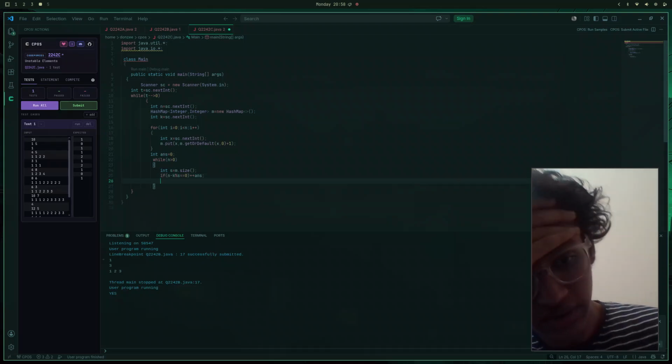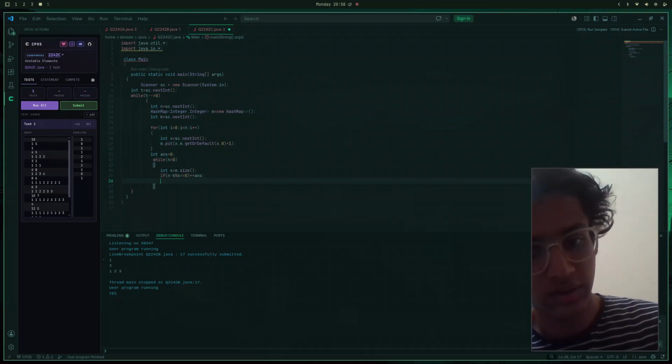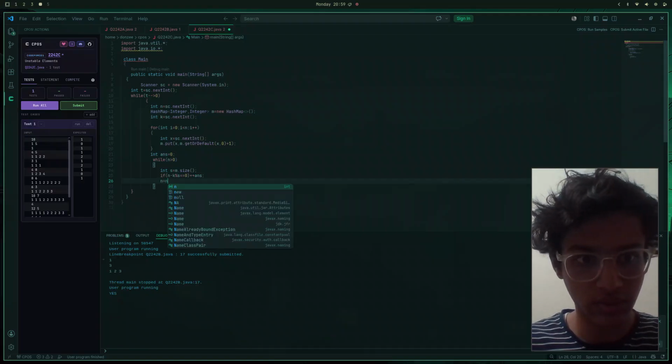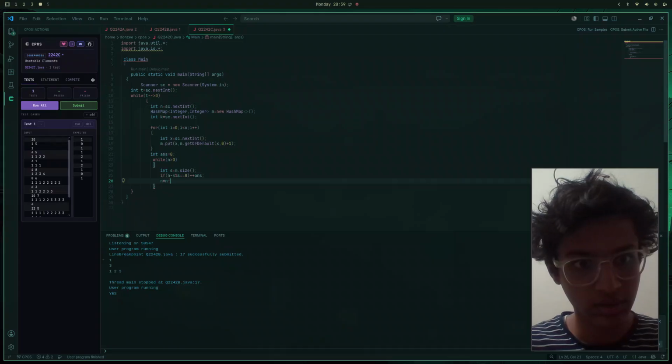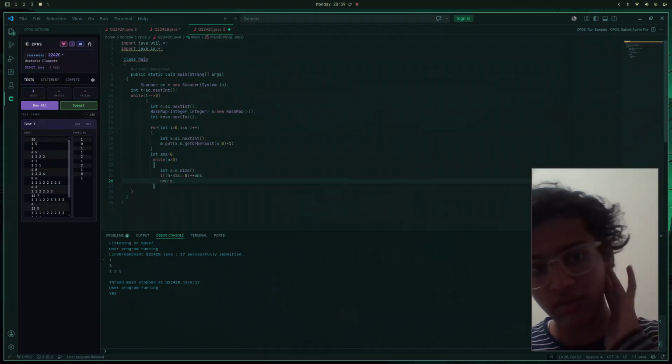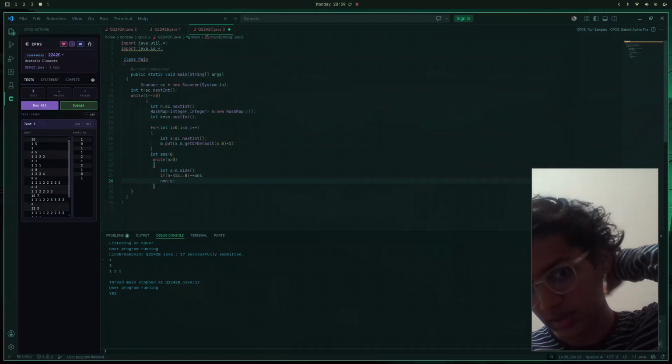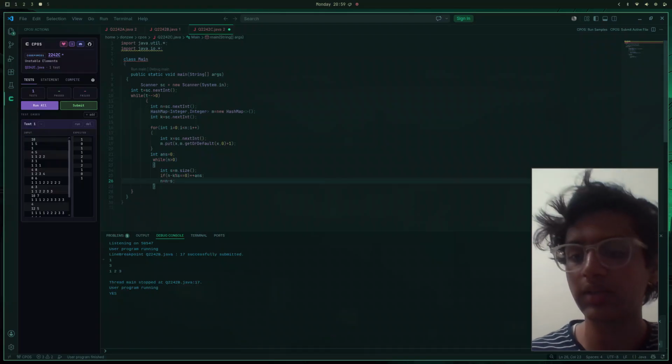And if this is okay, then it is true, and then we reduce the size of n. n equals n minus s. Okay, this is the new size of the